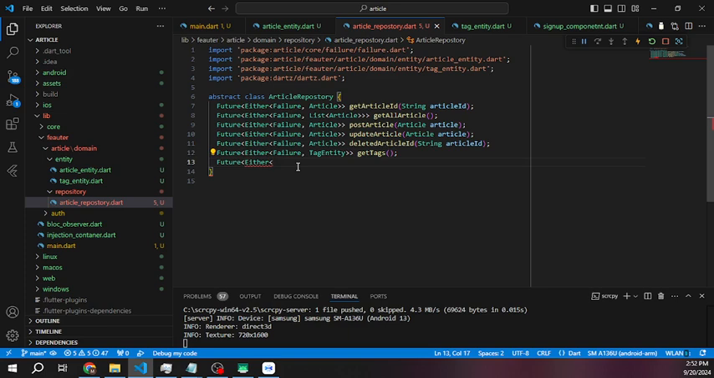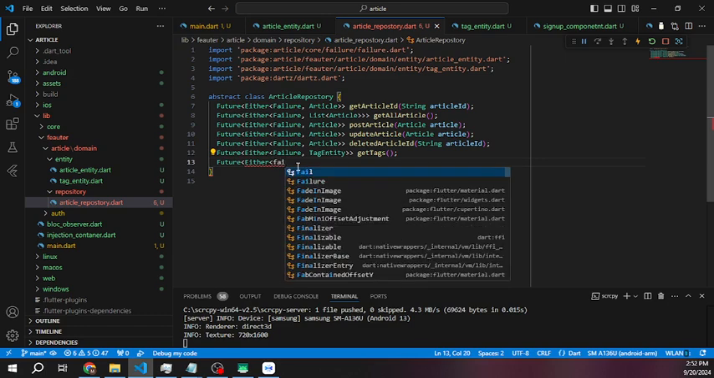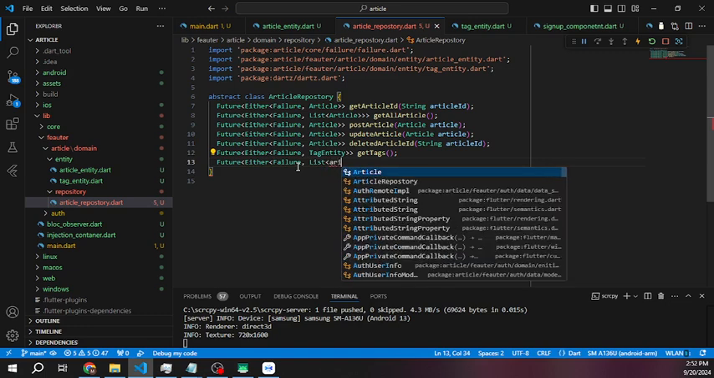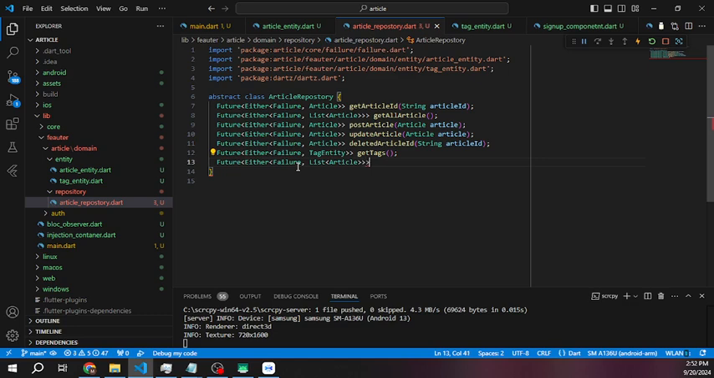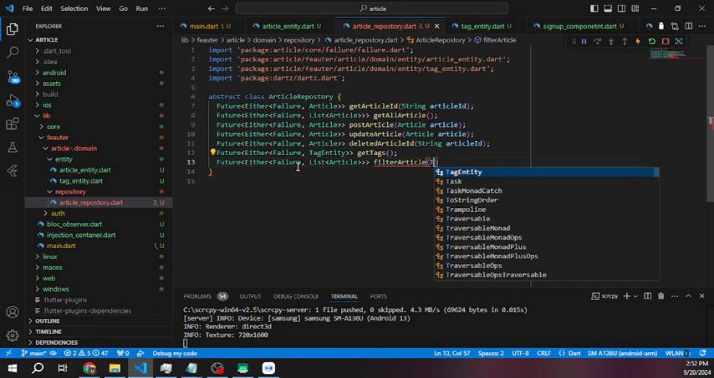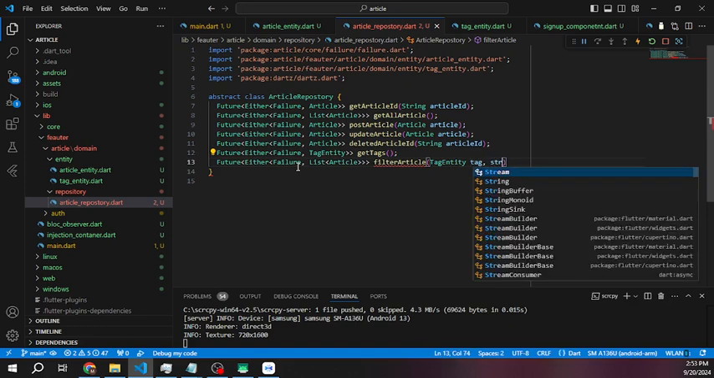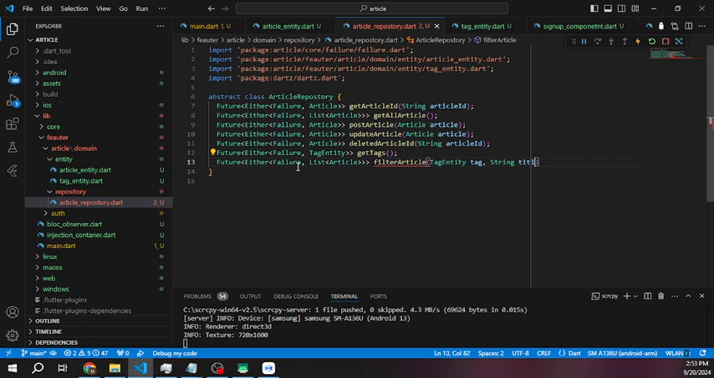Okay, to filter an article, we are going to expect a list of articles. Let me write our failure, and we are going to expect a list of article, and we are going to filter it out. Filter article. To filter article, what we are going to pass is tag entity. It's going to be our first parameter, or our title, string of title. If you are searching,